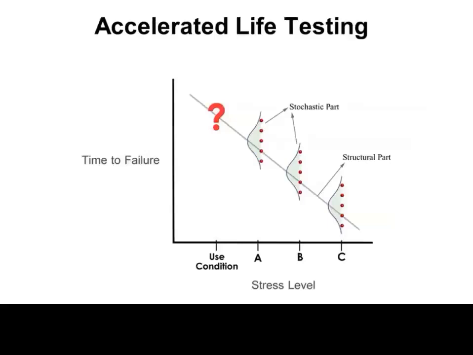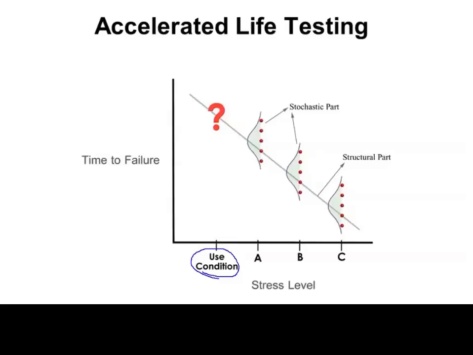Let's say this is our use condition, meaning this is the normal temperature at which we're going to age our products. The products are going to be at maybe room temperature. But we're going to age groups of units at a very high temperature, medium high, and just high. And we'll observe at least some failures so that we can understand the probability distribution of failure times at